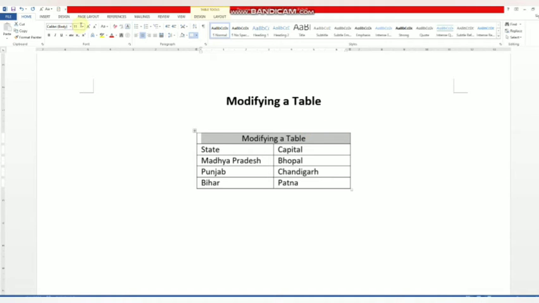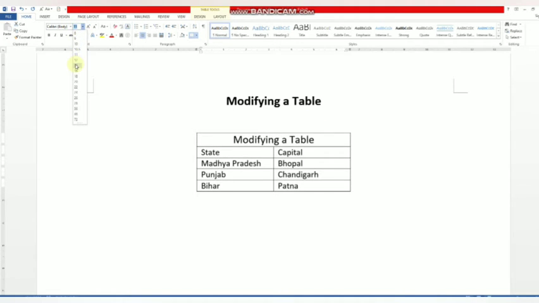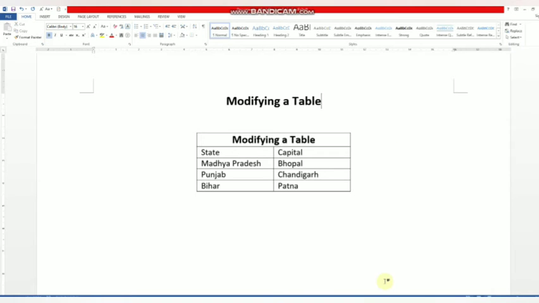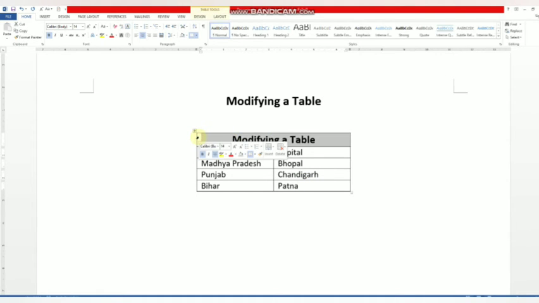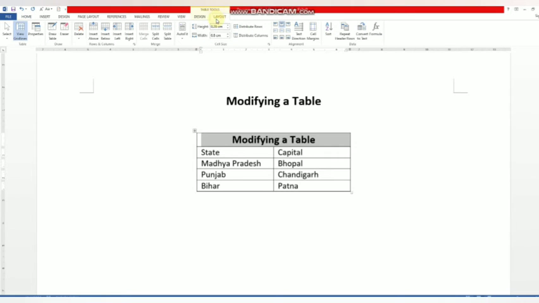Like this you have given the name of this table. Then split cells. Again I want to split this cell. Select the cell, Table Tools, Layout tab, then the Split Cells option. Here you can see the Split Cells option. Click here. You can see